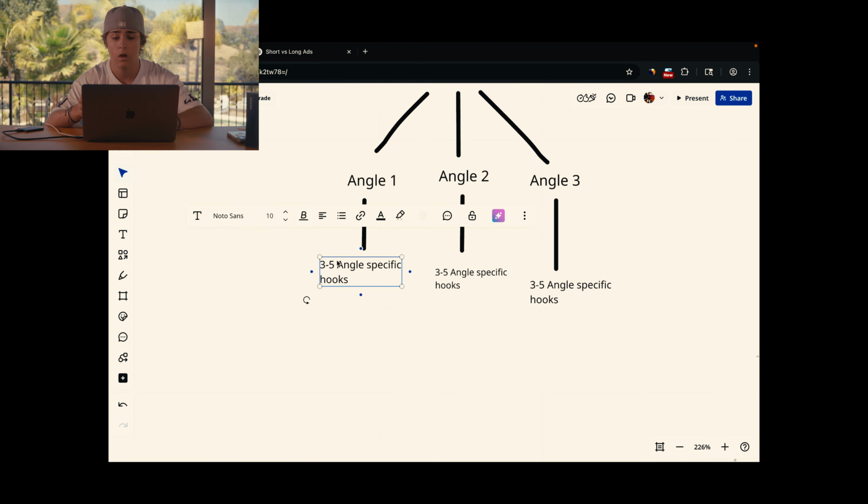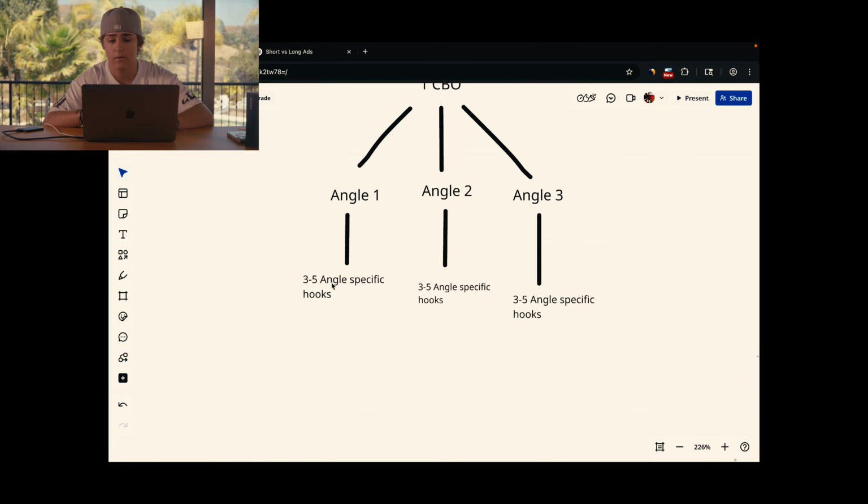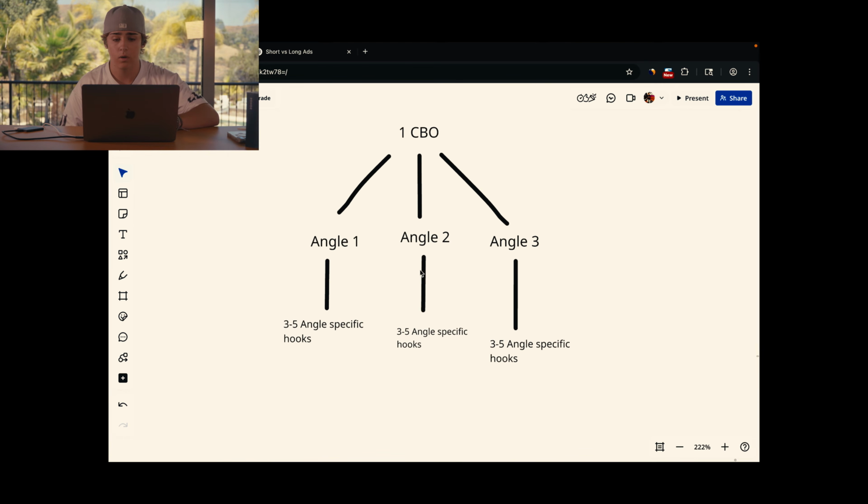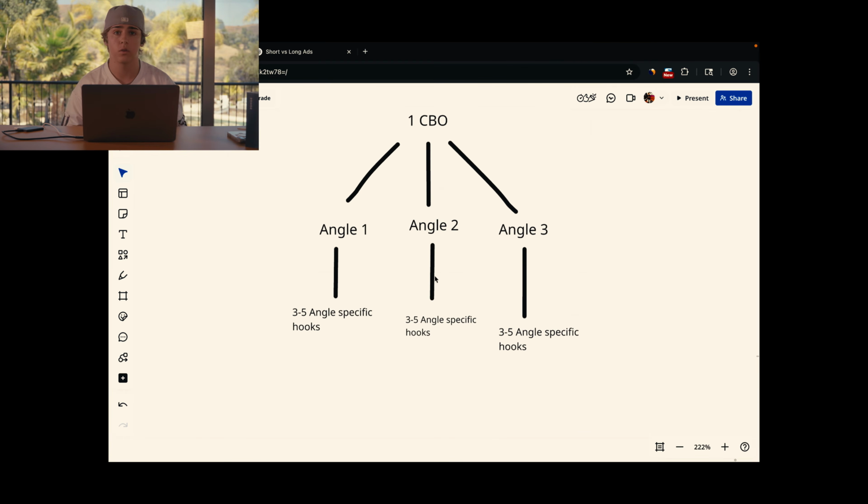Now for angle 1, we're going to create 3 to 5 angle specific hooks. The reason we do this is so when we give it to Facebook and we get the data back, we make sure that we know that that is the angle that's performing well, and that's the one we're going to go ahead and write our VSLs for. So we give it 3 to 5 angle specific hooks for each angle. Now, this is going to be 3 different ad sets, and each angle is going to be a different ad set, obviously. But we're going to give that to Facebook, run a CBO for about 1 to 2 days,